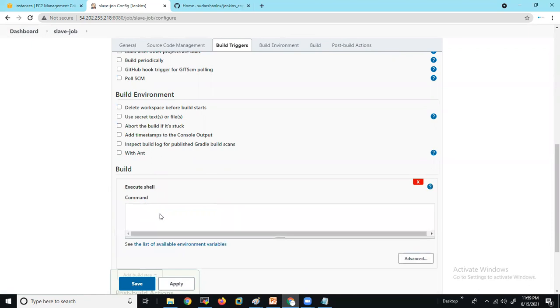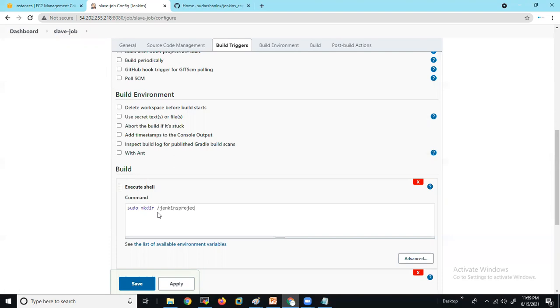Here we are going to execute some basic steps to see whether this Jenkins is controlling the slave machine, and whether it is deploying the changes in the slave machine. So give sudo. Since we are using the Jenkins user, we need to use sudo. Let us give Jenkins project folder. We are going to create it from here, and sudo touch.